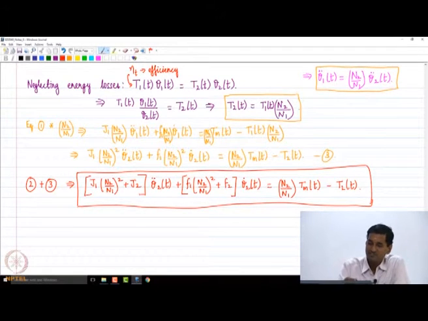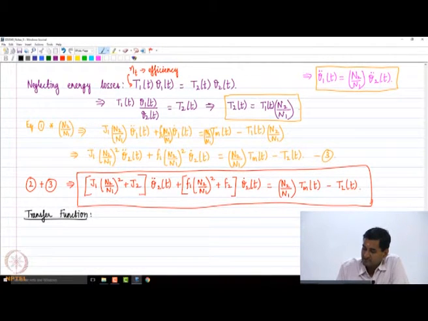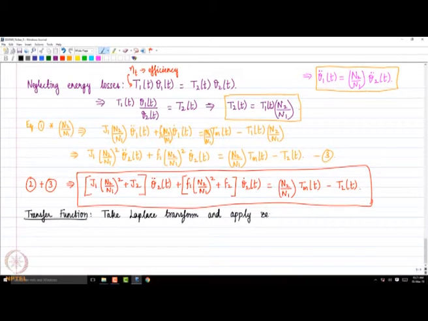Now to get the system transfer function, obviously what should we do? Take the Laplace transform on both sides and apply zero initial conditions, right? This is a very important step, and since we have done this step many times, I am just going to skip and go directly to the final answer,